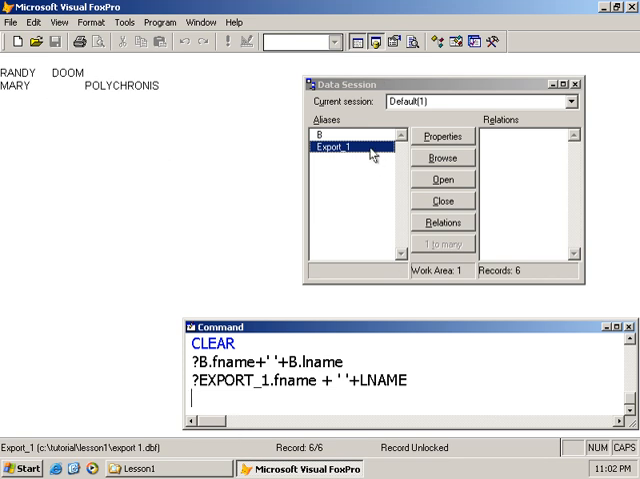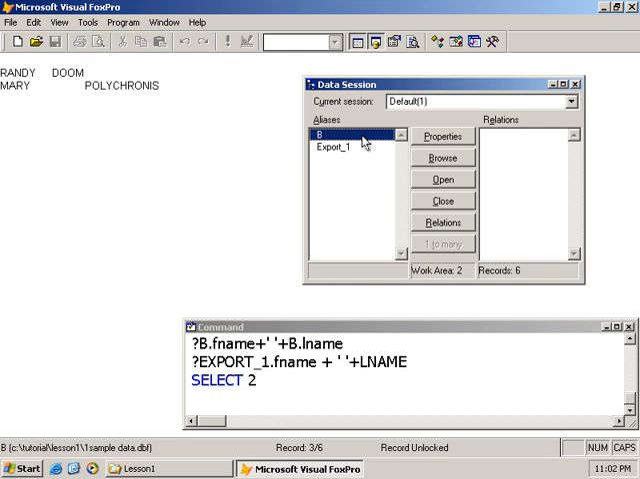So if I were on table, I keep wanting to say table B, but let's call it table B, alias B. If I was on alias B, and I were to execute this, can you guess what would happen? I would not get an error. It would indeed print